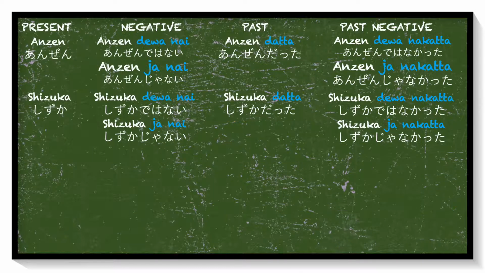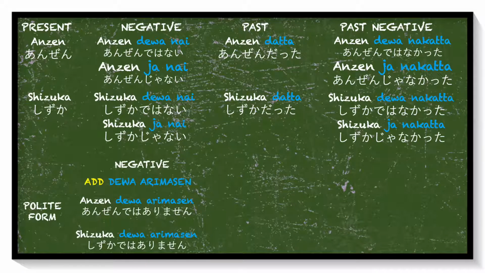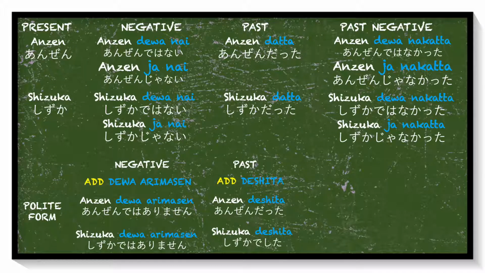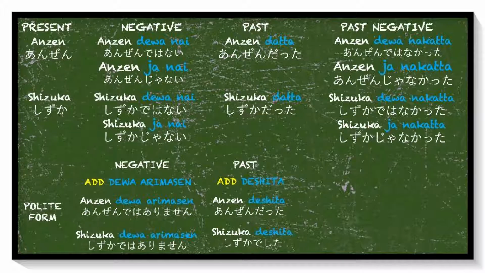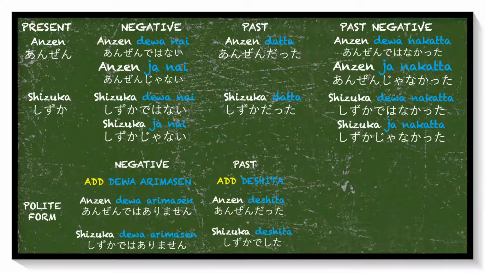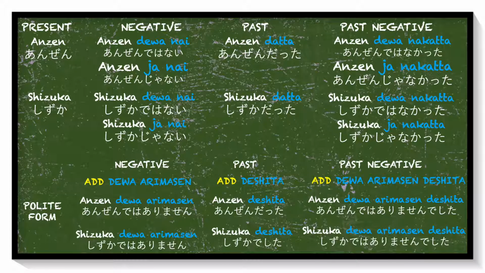And to make it polite, replace ない by ありません. For the past tense, replace だった by でした. And for the past negative form, replace なかった by ありませんでした。